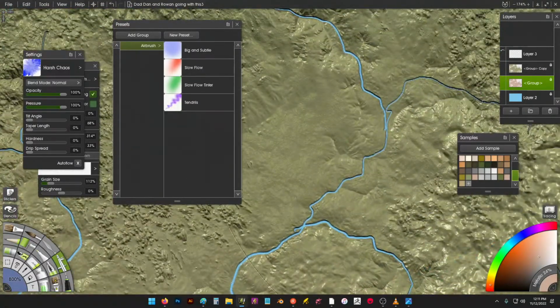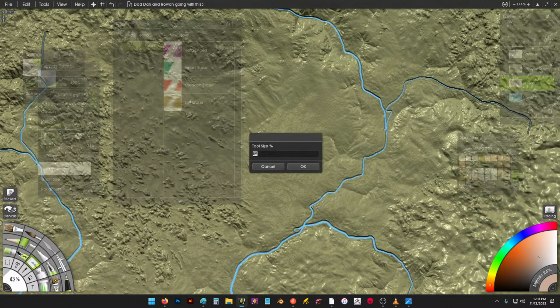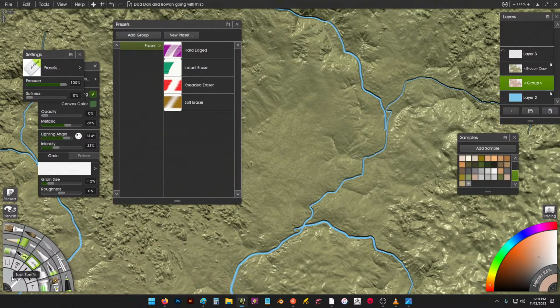Now we have a little issue right here with this river. Let's go ahead and fix that. So we'll unlock that transparency, come back with our eraser, go 4. And this is really important to do with a high detailed map. We want to make sure that we're